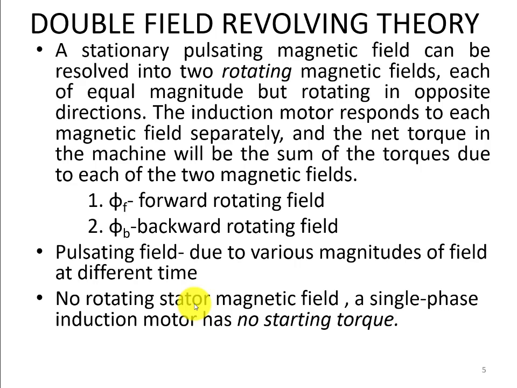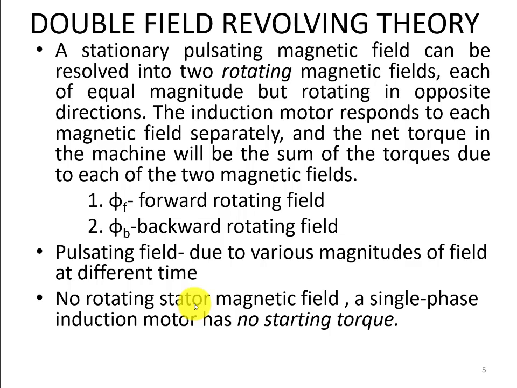The first, the double revolving field theory, says that a stationary pulsating magnetic field can be resolved into two rotating magnetic fields. Now just understand what happens if we have a single phase induction motor and we just apply a single phase supply. As we know, it's not rotating at all, and it will induce a voltage in the rotor. Obviously the rotor is also not rotating, so that will keep it in a locked position, and that will be just